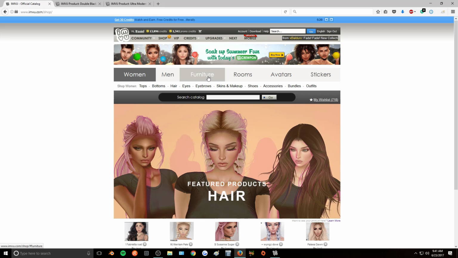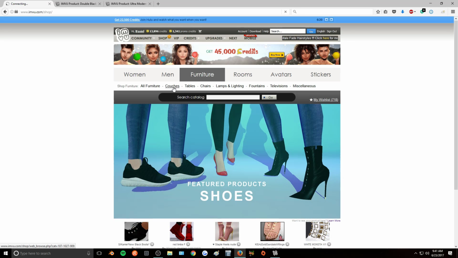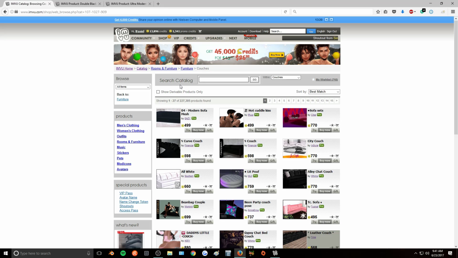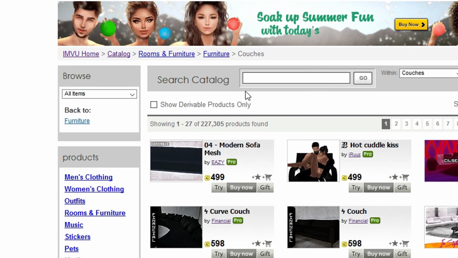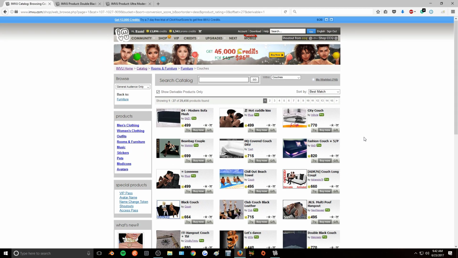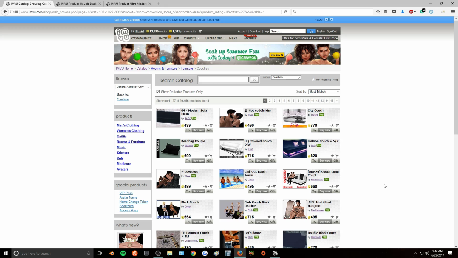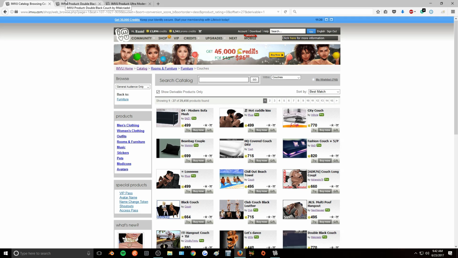Since we're going to be focusing on furniture, we're going to go to the furniture tab. And I'm just going to pick the first category. And the first thing you want to do is check this Show Derivable Products Only. This is going to bring up all of the products that you are allowed to derive from. You can go through the catalog, choose the type of furniture that you want to derive. I already picked out two different products because I'm going to show you two different ways that you can create